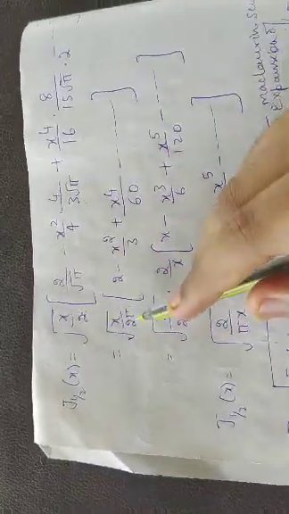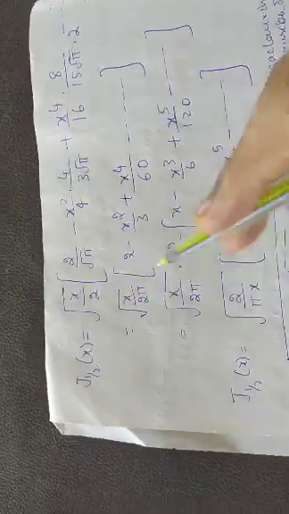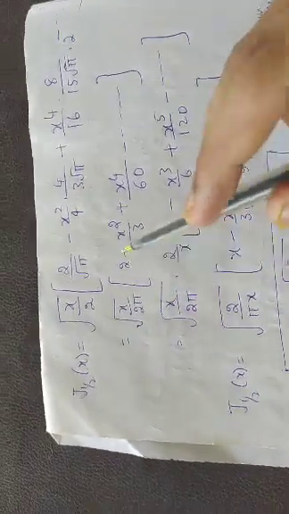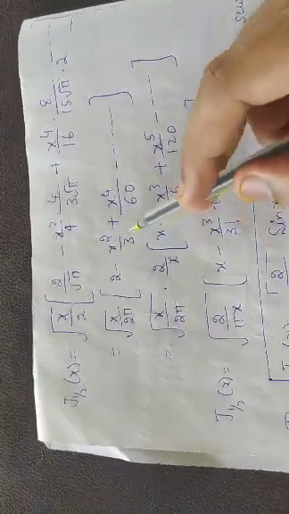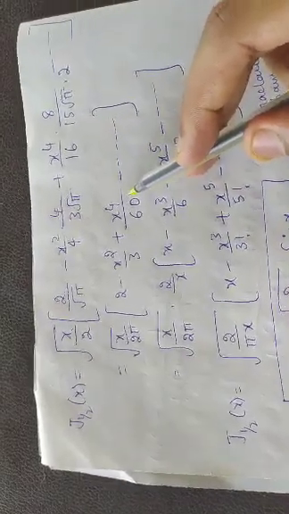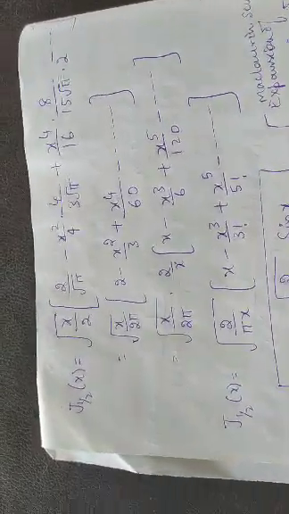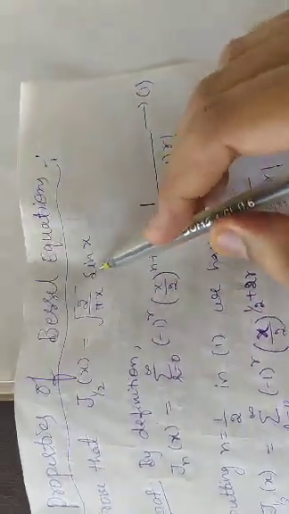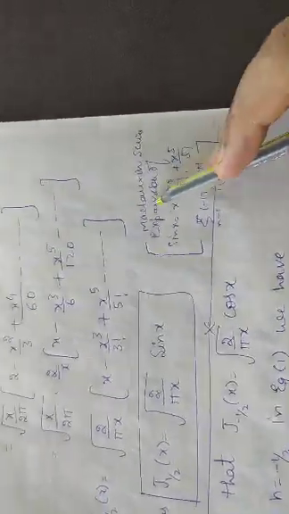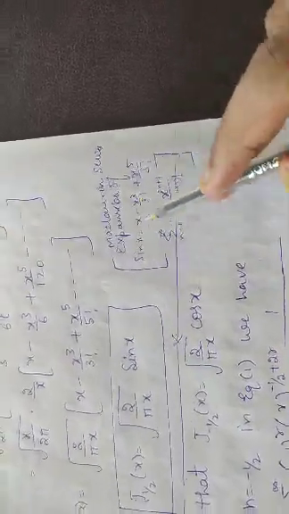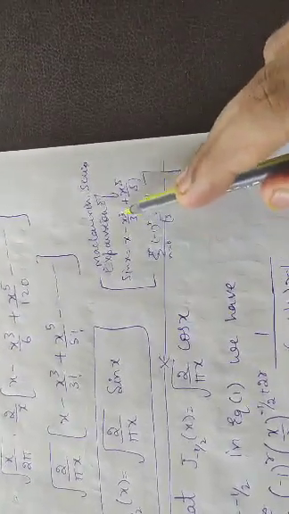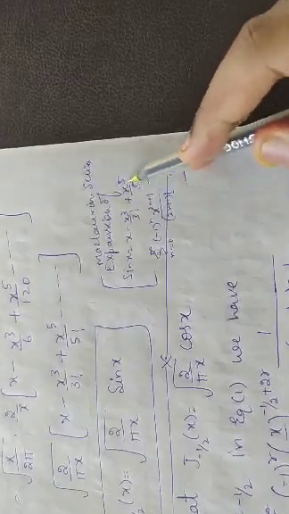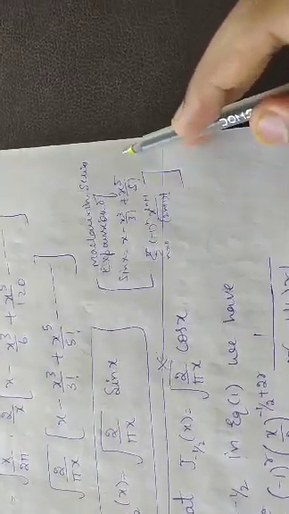Again, this root pi, everything came outside. So it is nothing but root of x by 2 pi into 2 minus x square by 3 plus x power 4 by 60. So now next what you have to do, when you observe, what you have to get is sin x. So what is the Maclaurin series expansion of sin x? The Maclaurin series expansion of sin x is x minus x cube by 3 factorial plus x power 5 by 5 factorial. It will go on like this.